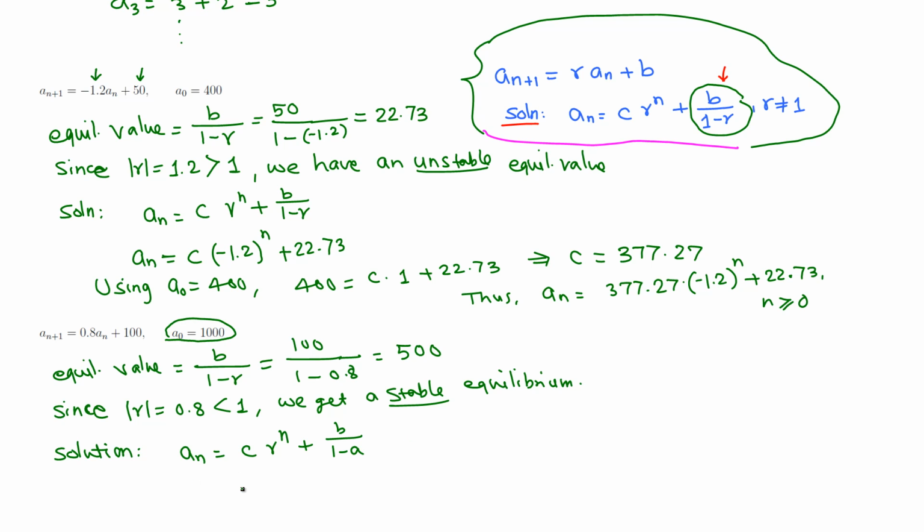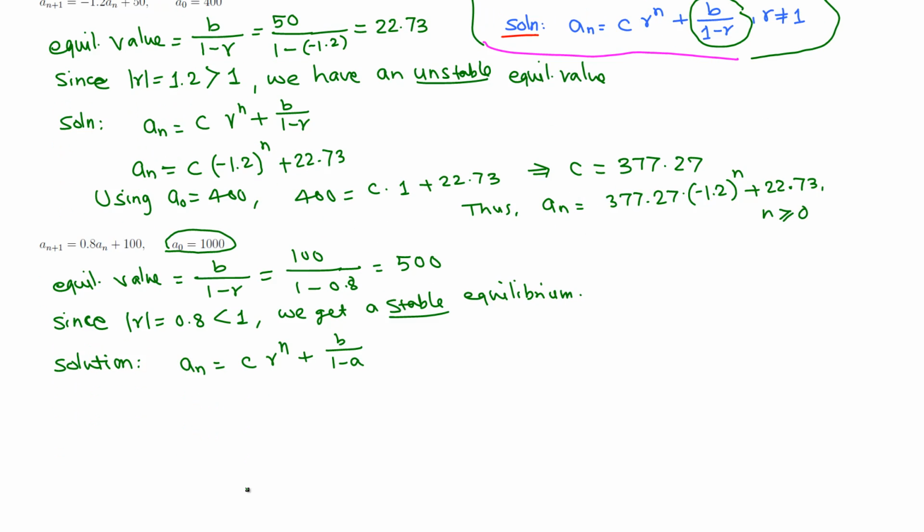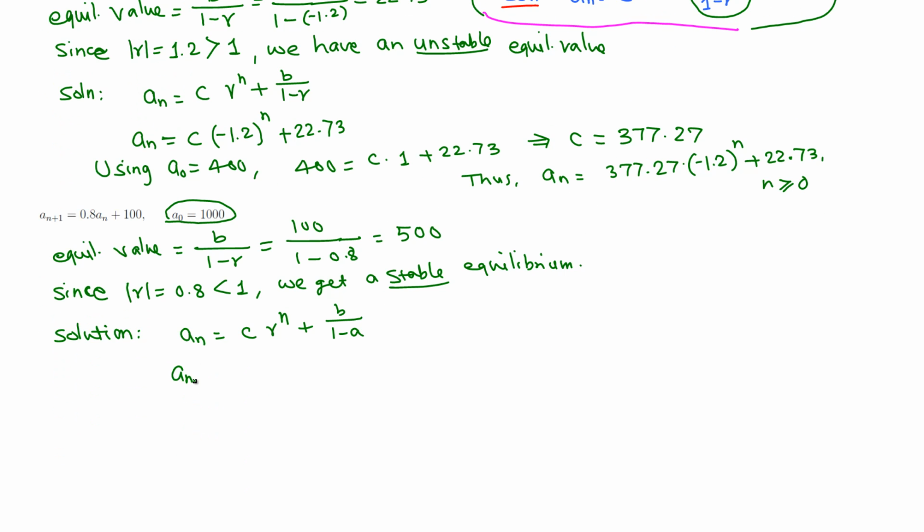So that is a_n equals c times 0.8 raised to n plus 500. Now this would have been the answer, but we need to determine the value of c. So using a_0 equals 1000,